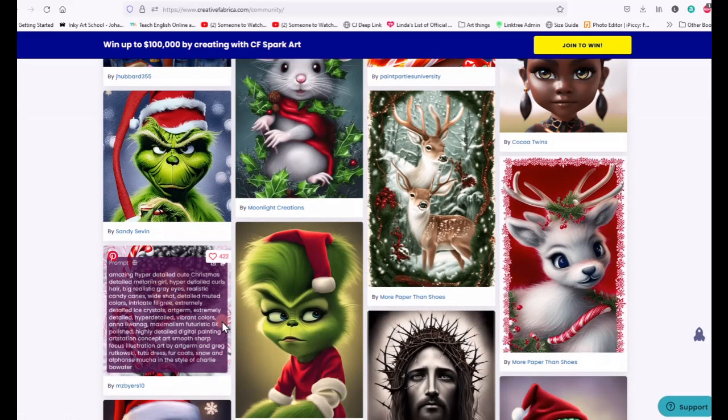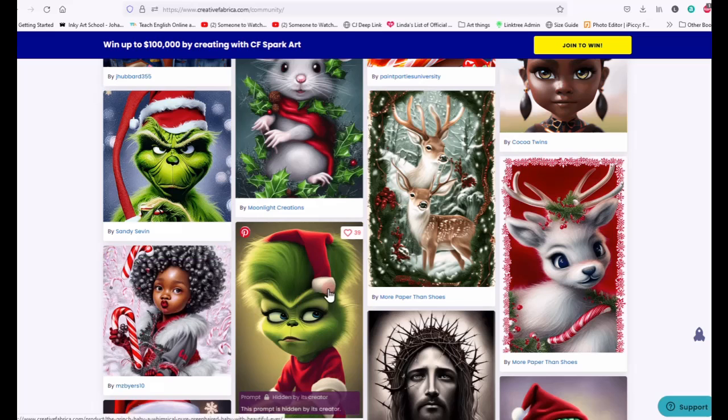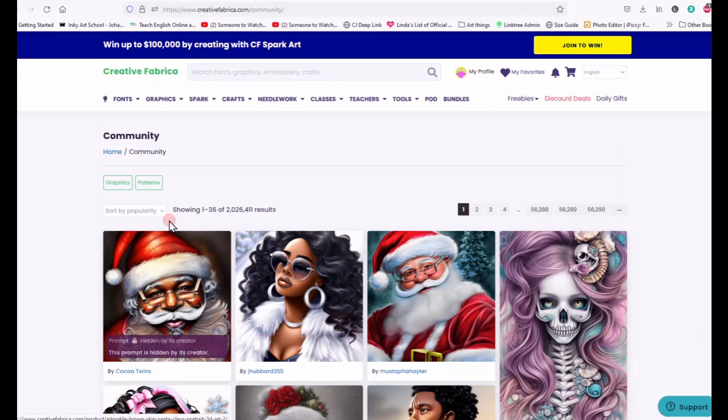Amazing, hyper-detailed, cute, Christmas detailed, melanin girl, hyper-detailed curls, hair, big, realistic, grey eyes, realistic candy canes, wide shot, detailed muted colors, intricate filigree, extremely detailed ice crystals, art germ, extremely detailed, hyper detailed, vibrant colors. So there's such a lot written. But I thought it's easier to show you